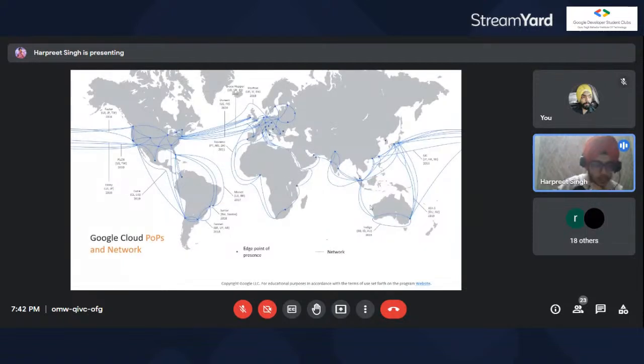If you see, Google Cloud's points of presence are all over the world. You are seeing this blue highlight all over the world. What is happening here is that Google's data centers are available in all the places highlighted with blue, right? So it is nearly 40% availability of data all over the world, which is one of the highest. Google Cloud is one of the most popular cloud vendors providing cloud computing services.